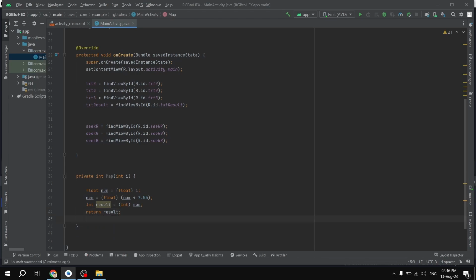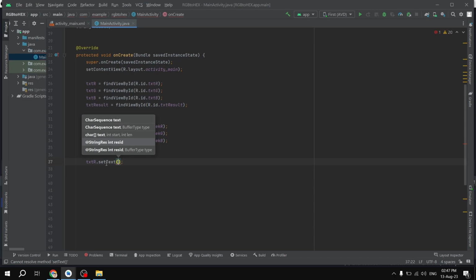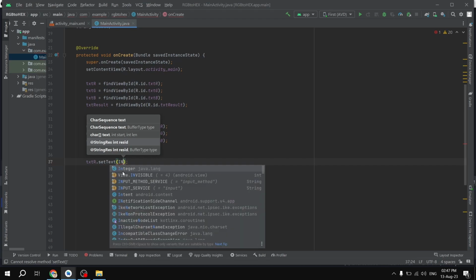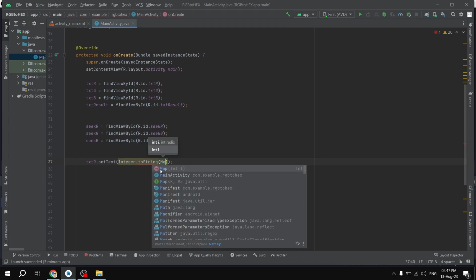Okay, so now here we are done with our code, and the first thing we are gonna do is show the initial value of the SeekBar in our text views. For this, what I'm gonna do is txtR dot setText, and then right here, as you probably know, this setText method should receive a string value, but on the other hand, the progress which we are receiving from the SeekBar is an int value. That's why we have to carry out a simple conversion. We will be converting the int value to string, and right here we will be using our map function,